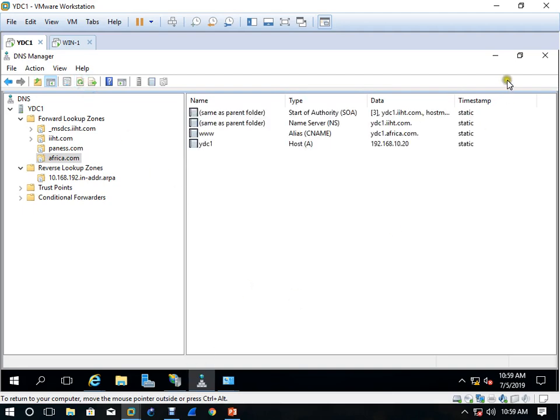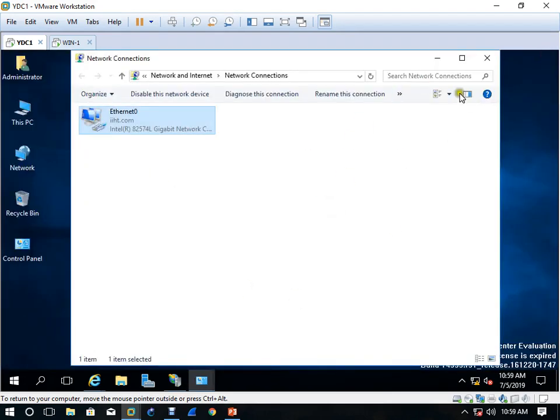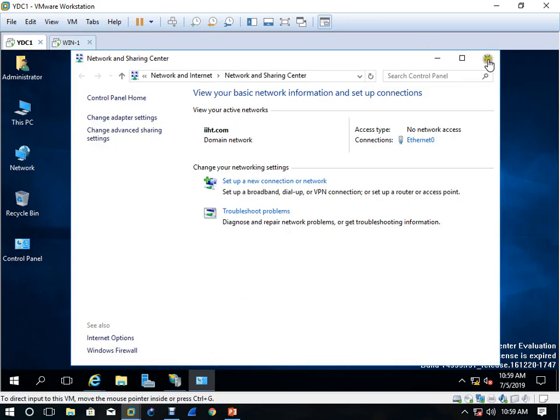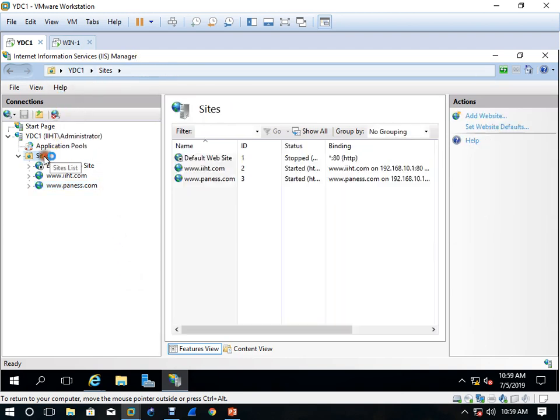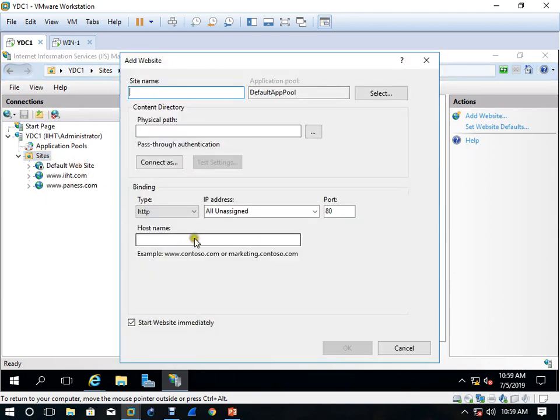Now I'll come where? I'll come to your this one, right? Web IIS web server. Then again I will come to site, right click, add website.